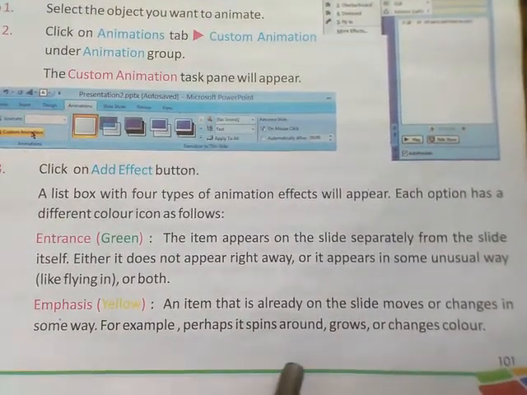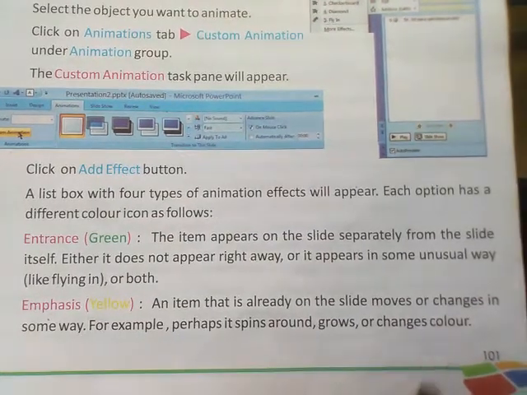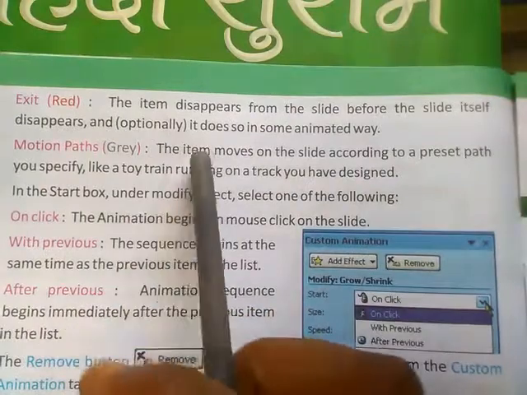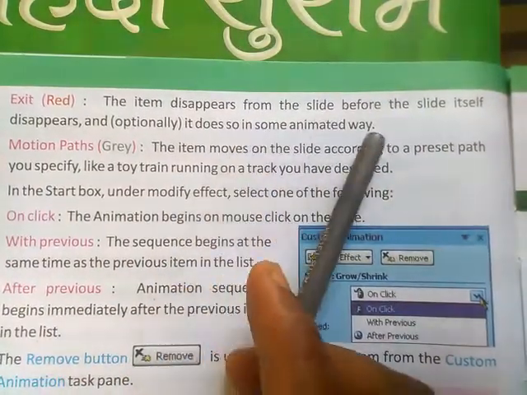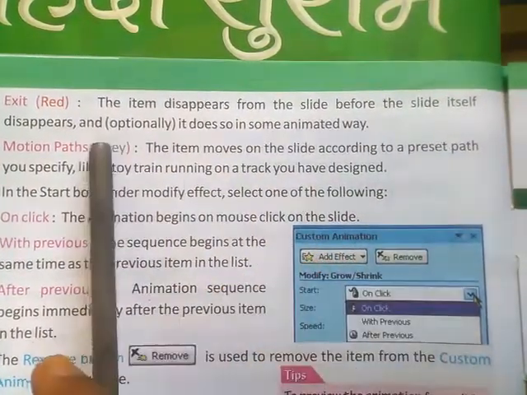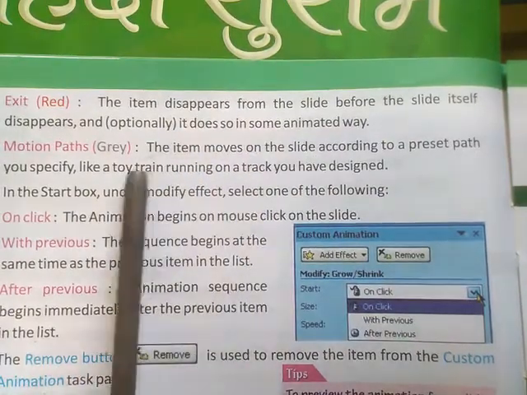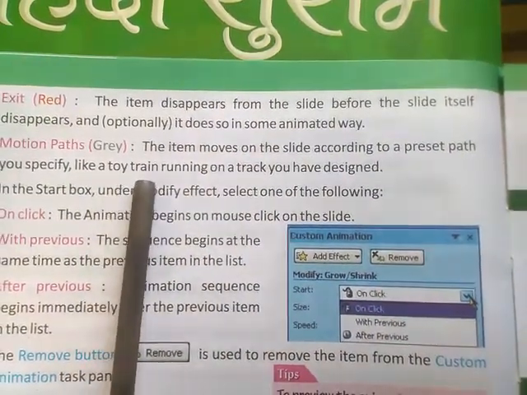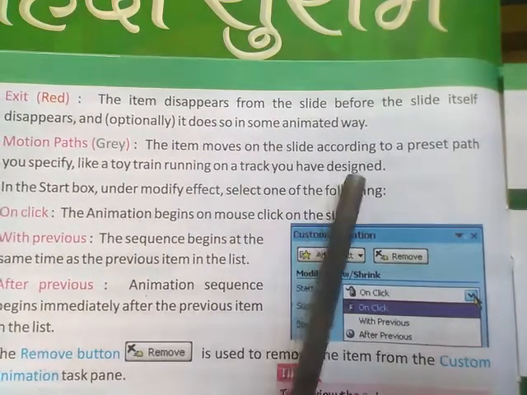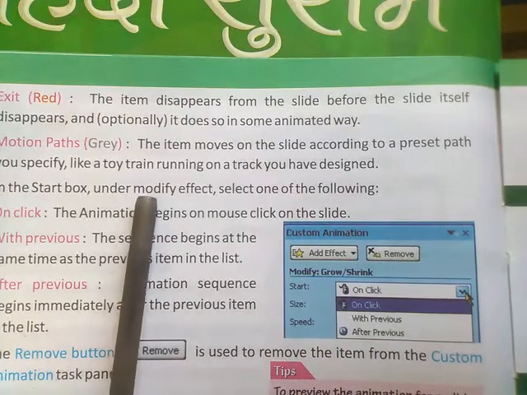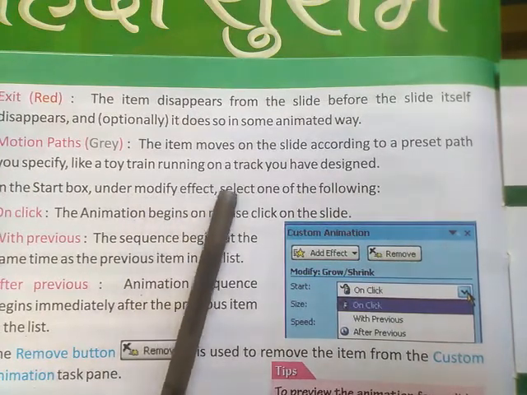For example, perhaps it spins around, grows or changes color.